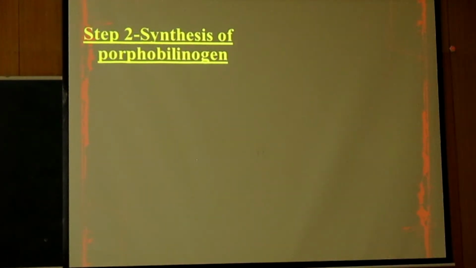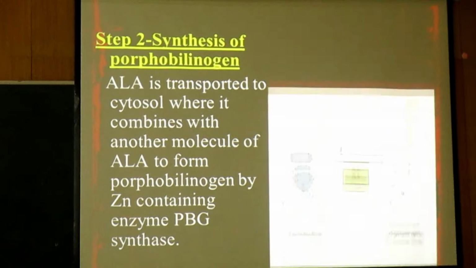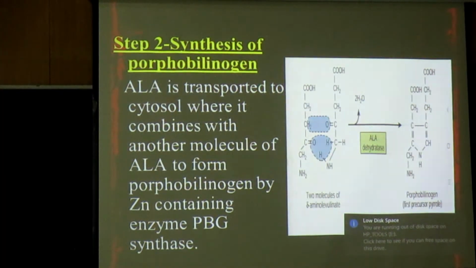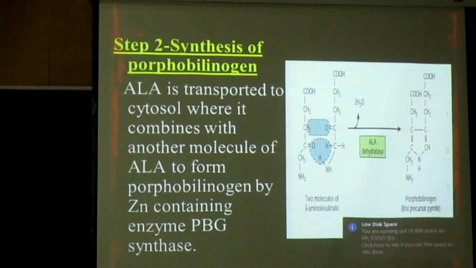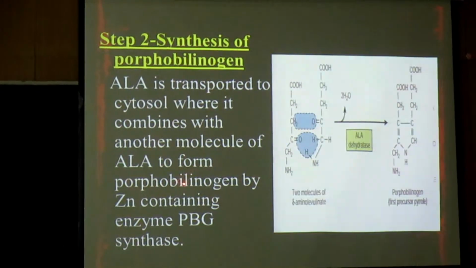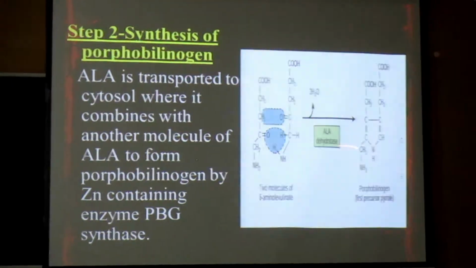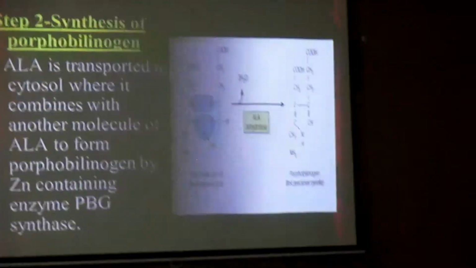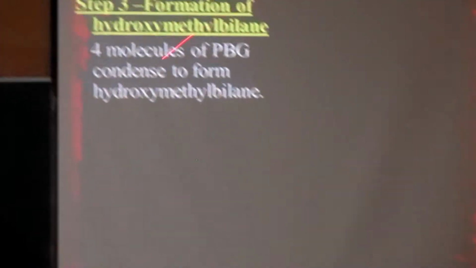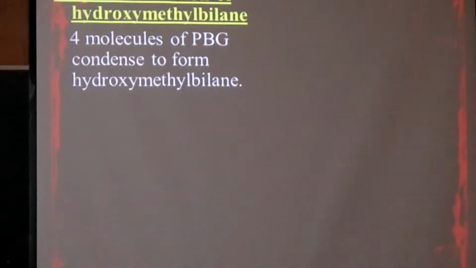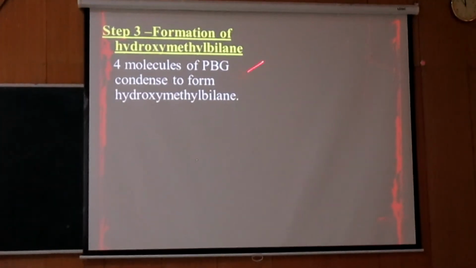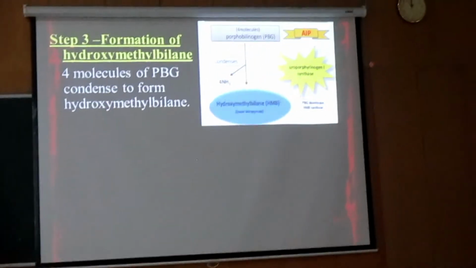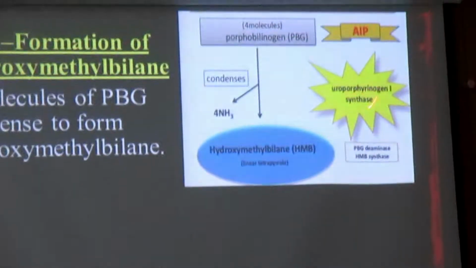Next step is synthesis of porphobilinogen. Here the ALA, which is synthesized in mitochondria, is transferred to the cytosol. In the cytosol, it combines with another molecule of ALA to form porphobilinogen in the presence of the enzyme ALA dehydratase, which is also known as PBG synthase. Next is formation of